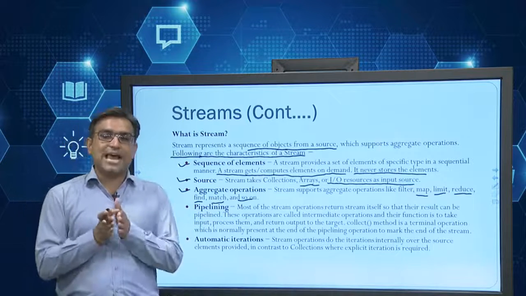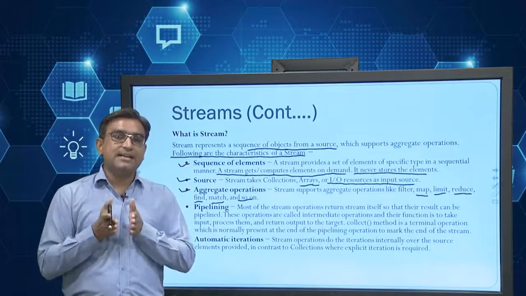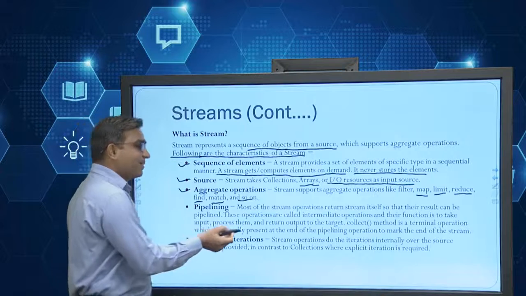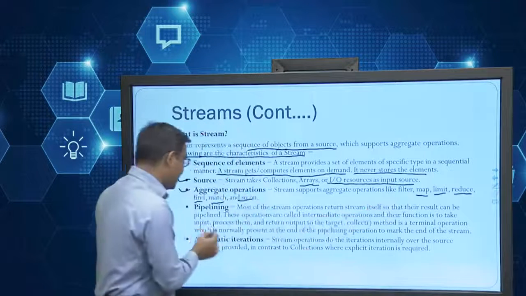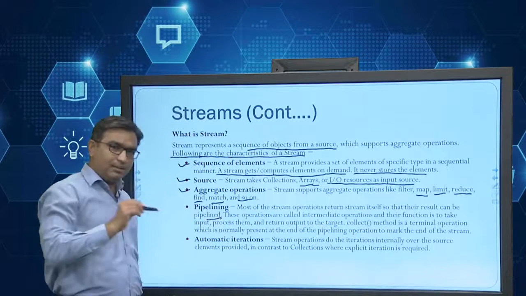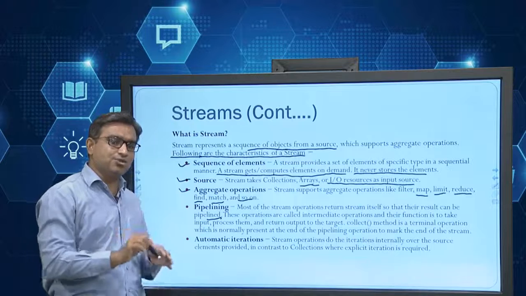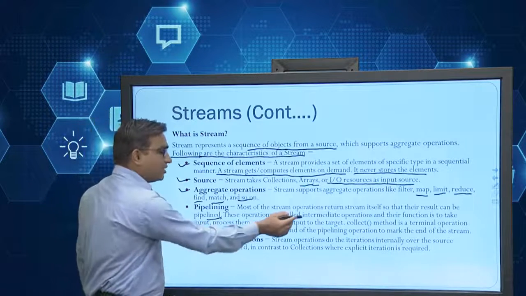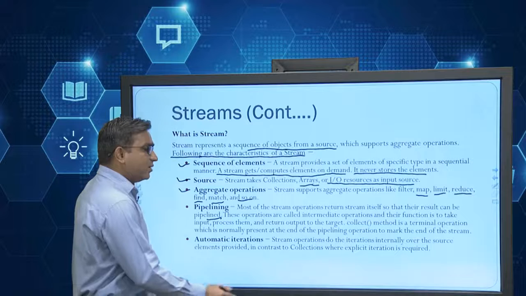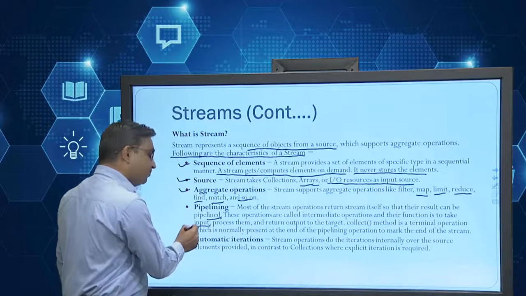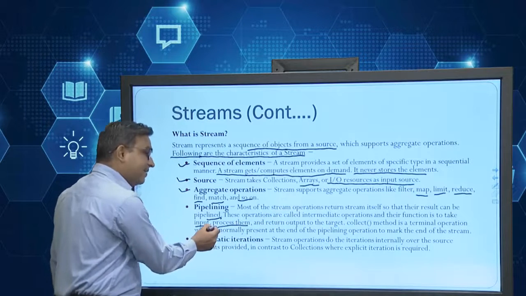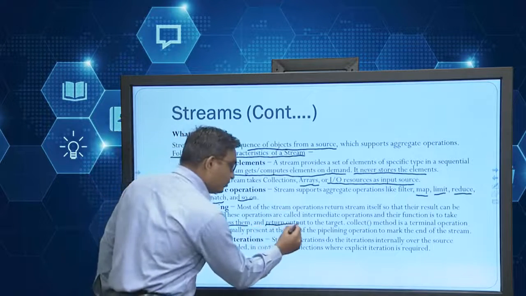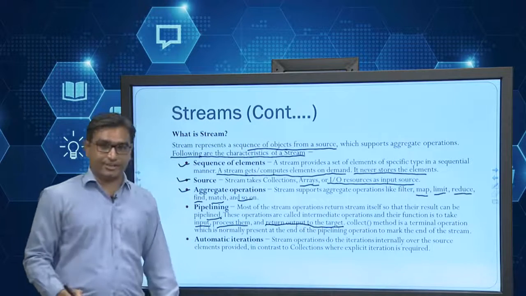Pipelining means it helps us manage your data in a sequential format. It's a stream operation. Stream results can be pipelined. That means whatever data you are passing should be part of the sequence format. This operation is called intermediate operations: functions that take an input, process it and return output to the target destination.